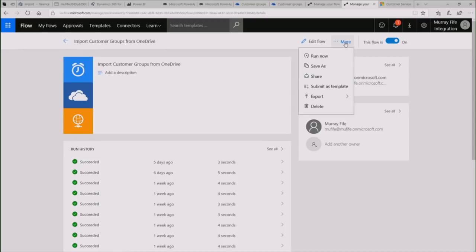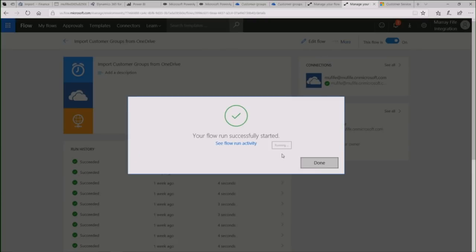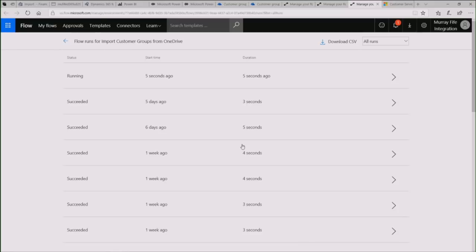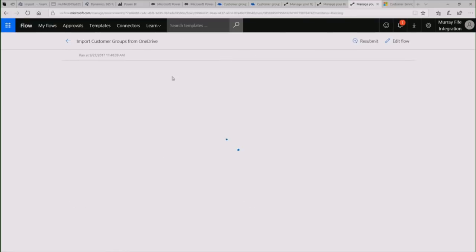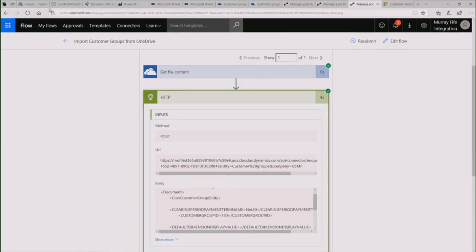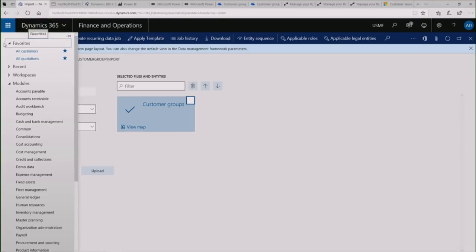All I can do here is force this to run. So it's going out and looking for the file, and it ran for 5 seconds. It went through it, found the file, pushed it through, and then submitted it to operations. Now, what's going to happen is this batch file here is running every minute. So